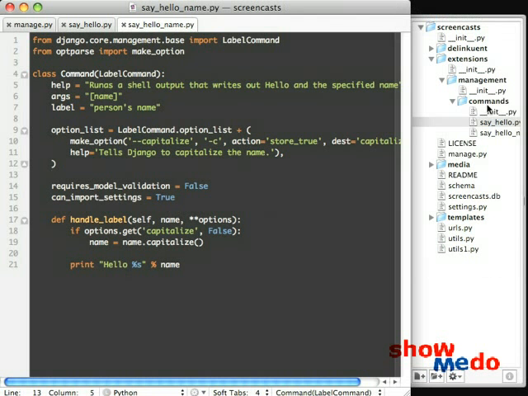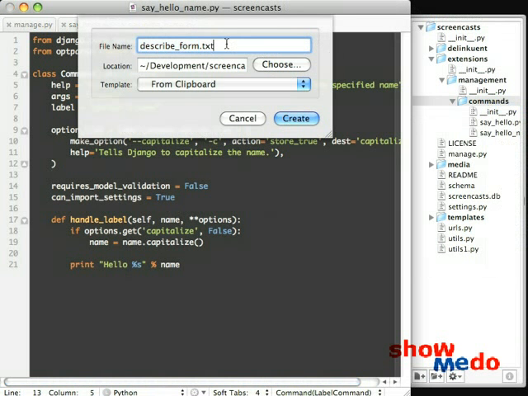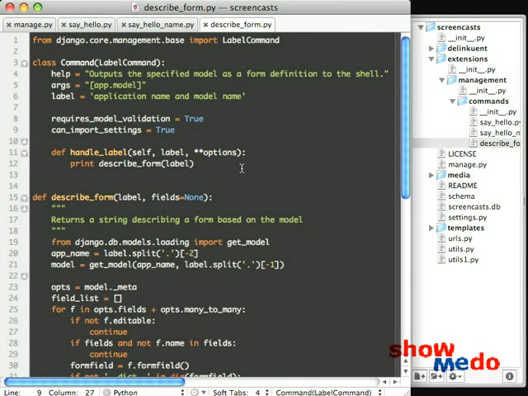What we're going to do is add a new command. So I'll say new file here, and it's going to be called describe form. And I've already got it on the clipboard. So there it is. Now in this case, once again, we've